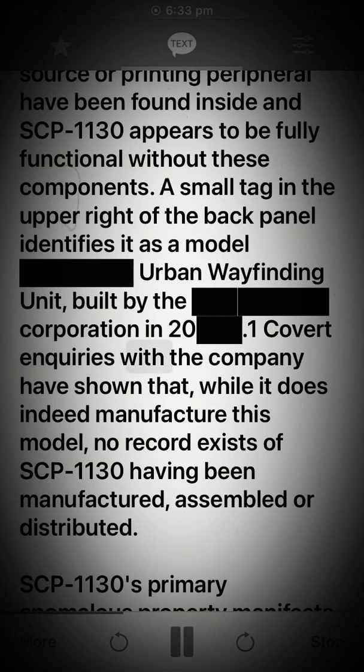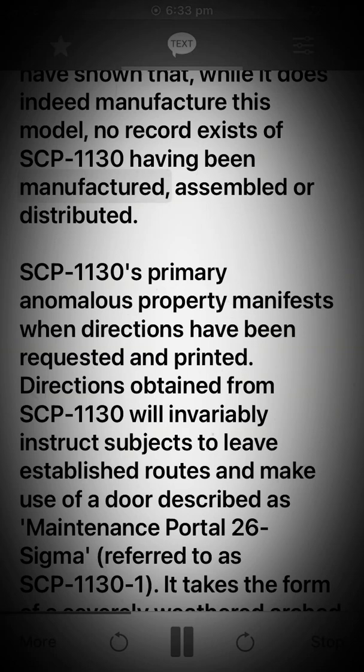Covert enquiries with the company have shown that, while it does indeed manufacture this model, no record exists of SCP-1130 having been manufactured, assembled or distributed. SCP-1130's primary anomalous property manifests when directions have been requested and printed. Directions obtained from